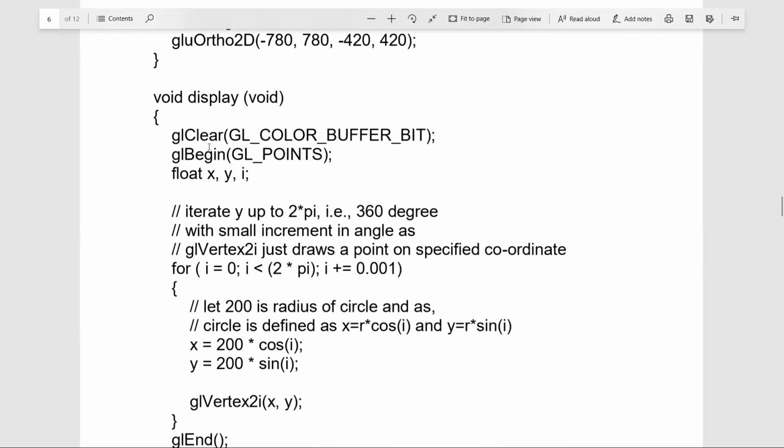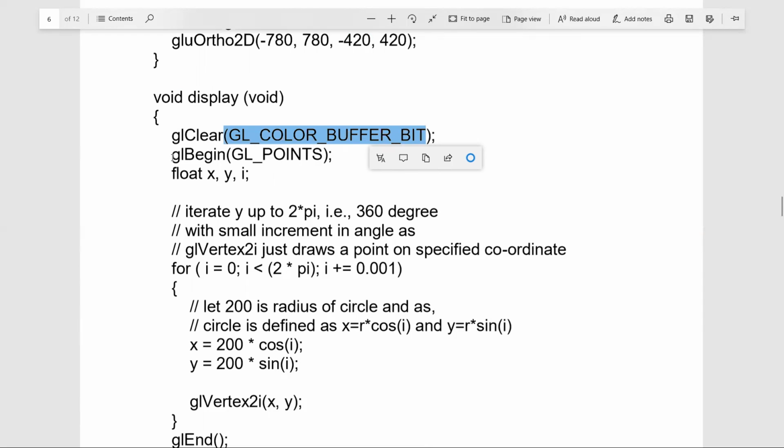So it is clearing using the glClear function, and the desired static variable is passed. It is a static variable, GL_COLOR_BUFFER_BIT.